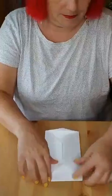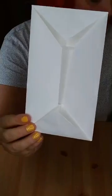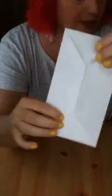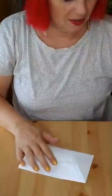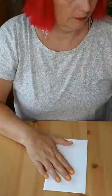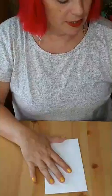Okay. Now this is what you should have. Once you've folded it and creased it, it should look like this. Right now it kind of looks like a little envelope, just the way it is. Kind of. Anyway, once you have that, then you're going to flip it over. Flip this over, okay? And then you are going to take